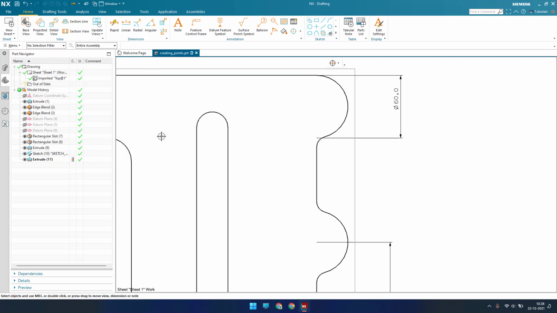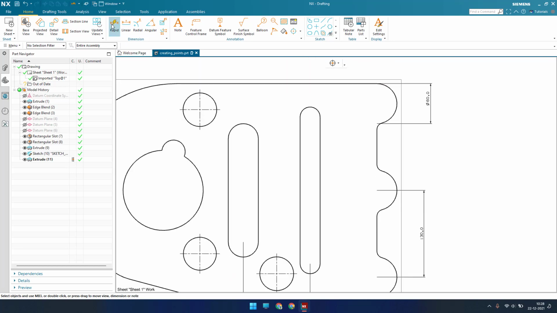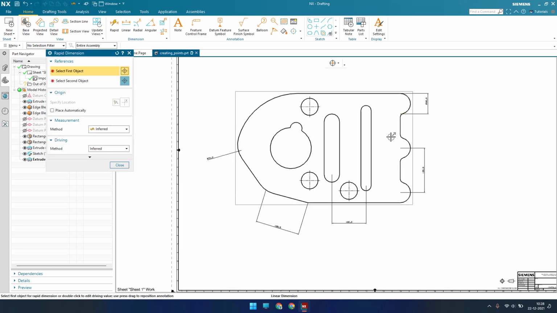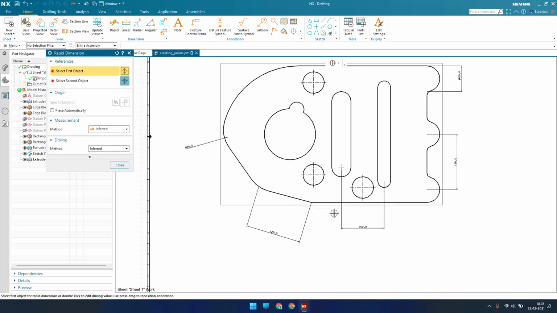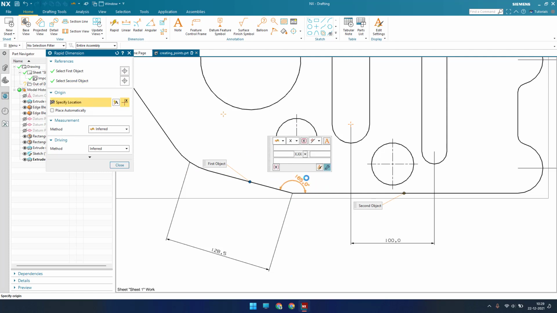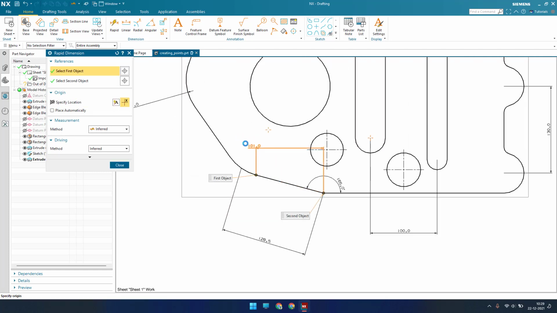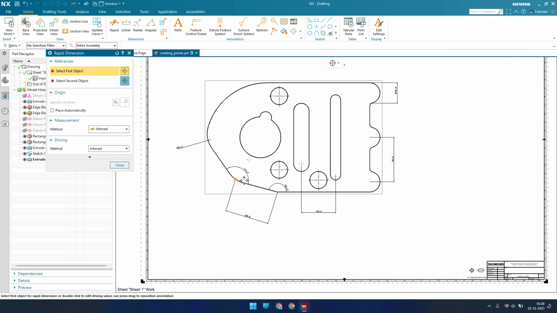Now I will show you how we can provide an angular dimension using rapid dimension. I'll just go to rapid dimension here. As I said, it always matters how you select the object. Now you don't need to select this center point or end point or start point. You have to select the line. I'm selecting this line, and now I will select this line. As soon as you select these two lines, the angular dimension will come. For example, this line, and I'm going to select this line. See, now you can see the angle.